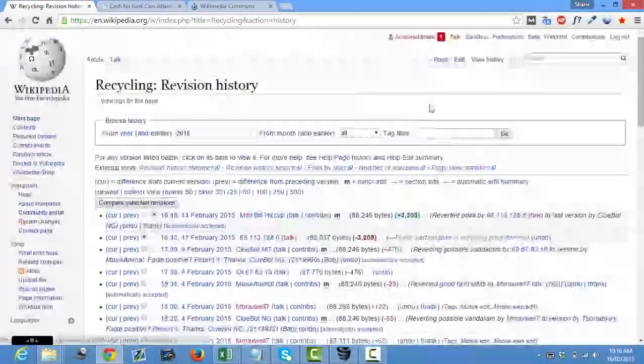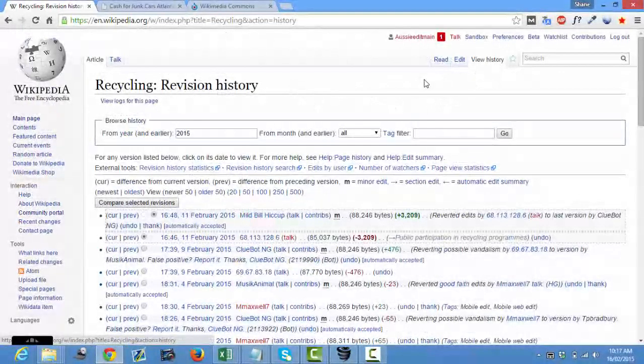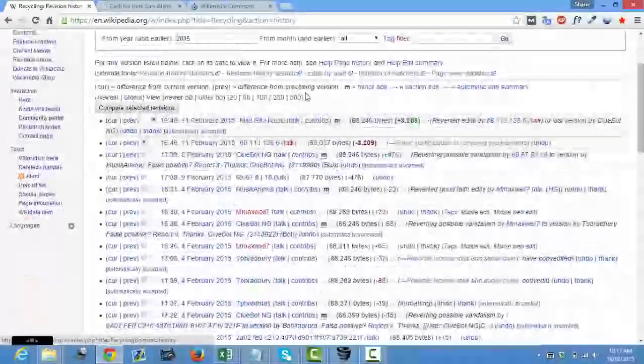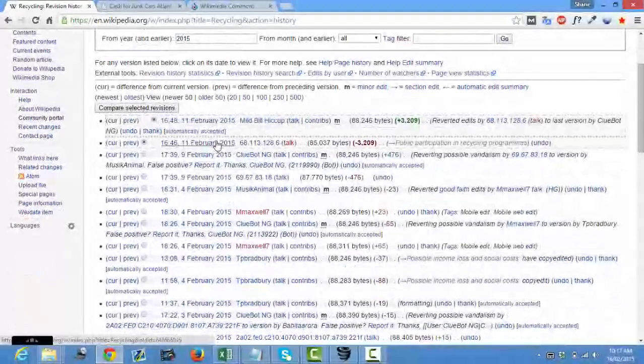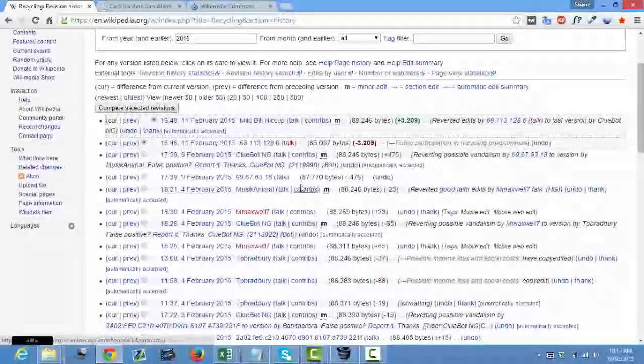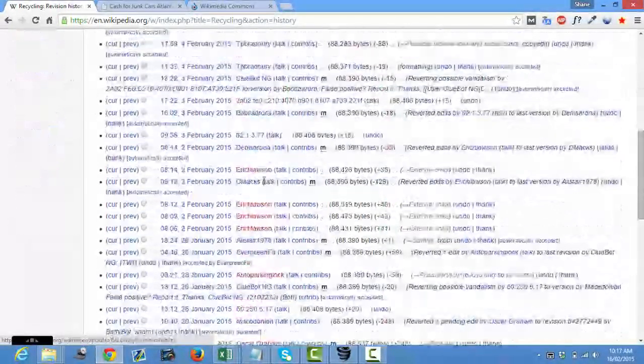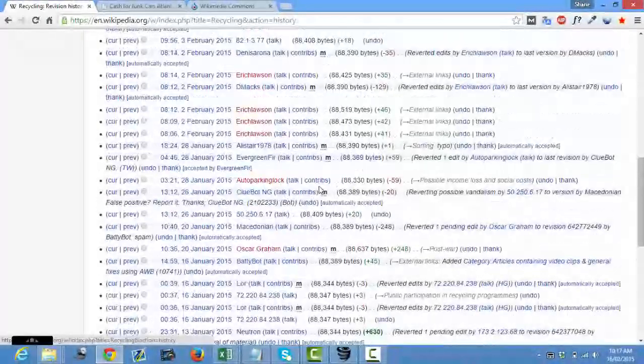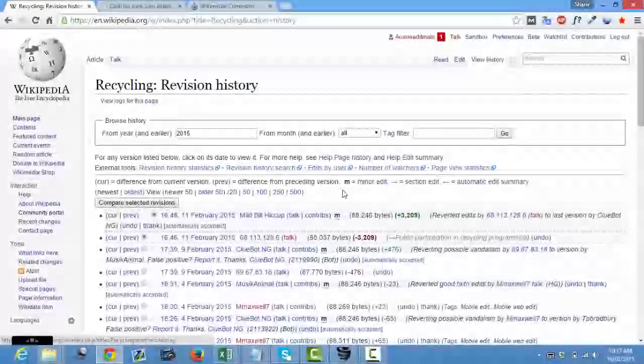So to check the history or the editing history of a page, you just click View History. You don't need to be logged in to do this either. So if I have a look, 11th of Feb, 11th, 9th, 9th, 4th, this page is absolutely crawling with people making edits. So there's no way I would consider dropping a link on this page. It's just far too busy.